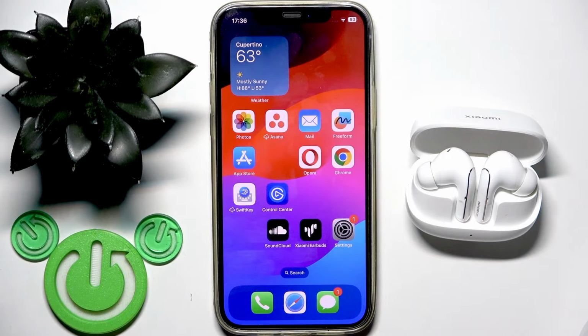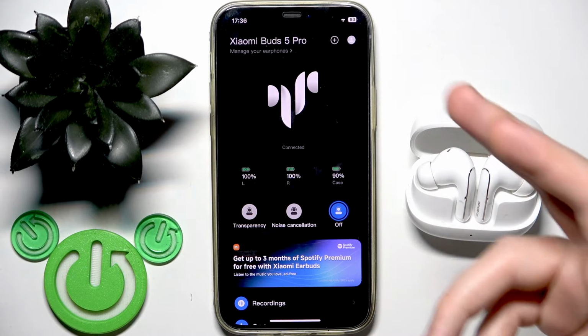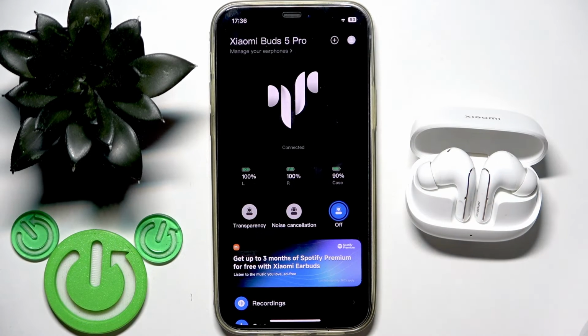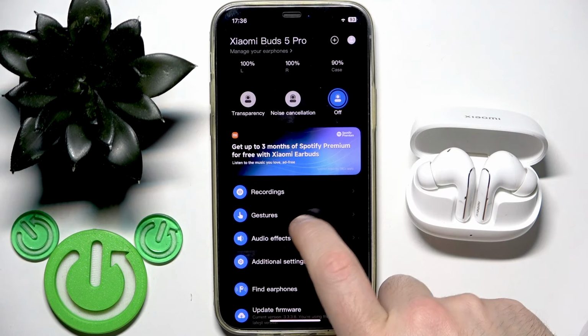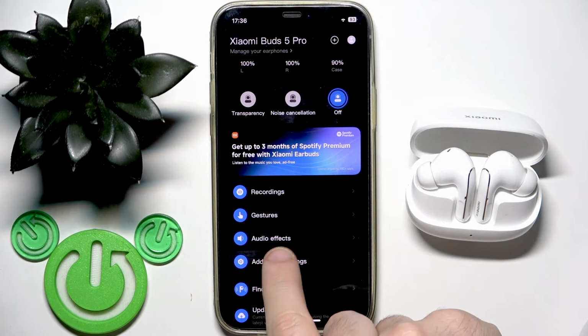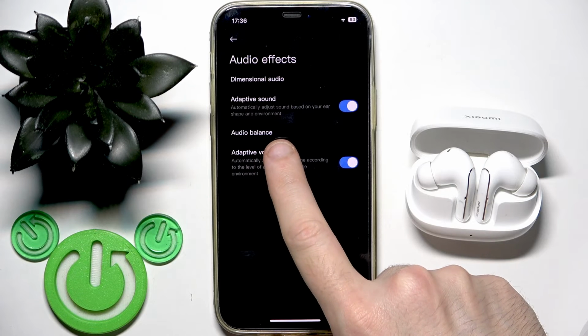You have to start by opening the XIAOMI earbuds application, and if you added your earbuds to the application you will see it here, so you will see the same menu. Now you need to scroll down and go to audio effects, then click on audio balance,